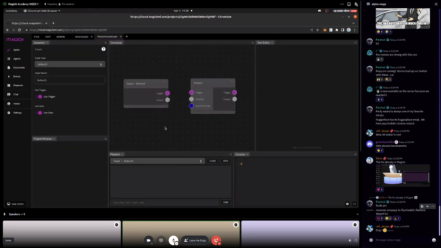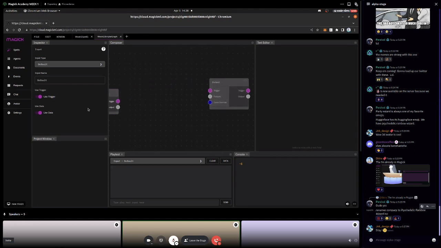Now, most of the time, you're probably going to be starting from an existing spell or template. We'll be providing templates. But you might just want to build from scratch, especially if you're doing something that's a sub task. Like I just want to do one thing, and I want to do that one thing well. So we're going to make a very basic graph. The very basic graph we want to start with is the hello world.